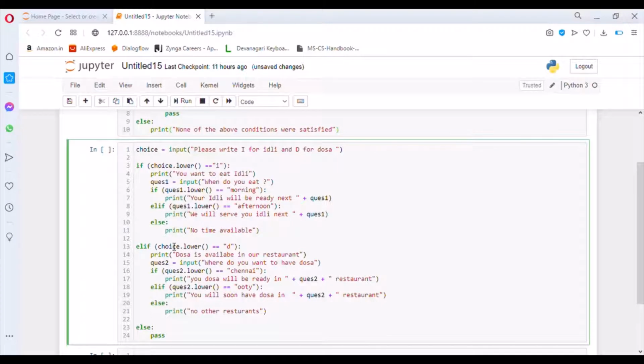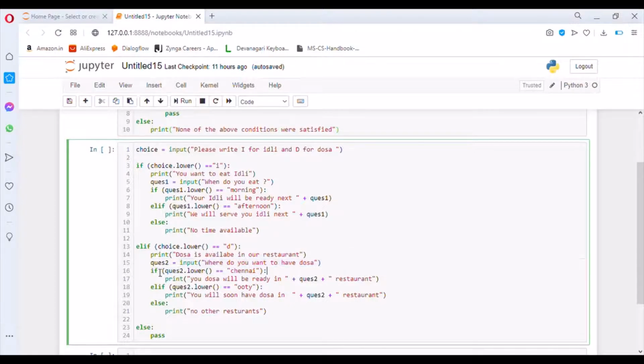Yeah. And then we have the elif condition. So if the action satisfies the elif condition, we have a print statement. And then after the print statement, we have another variable, question2, which is asking for an input from the user.